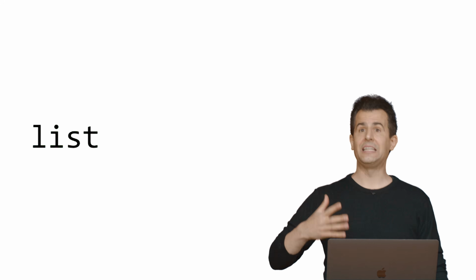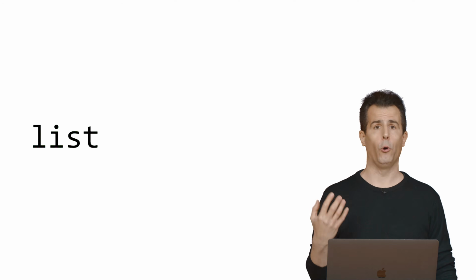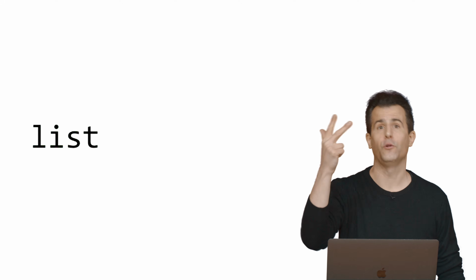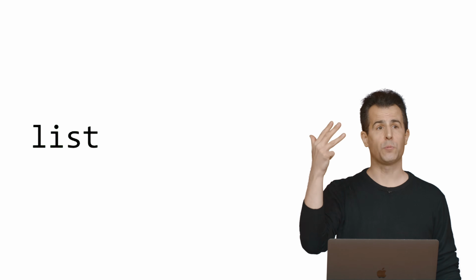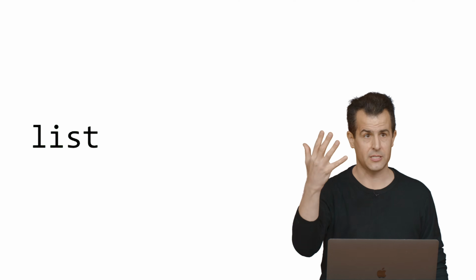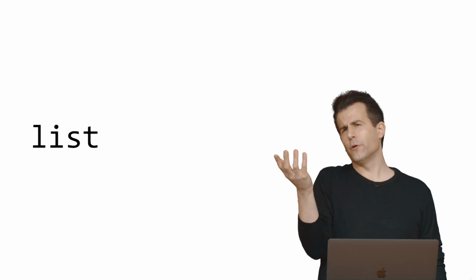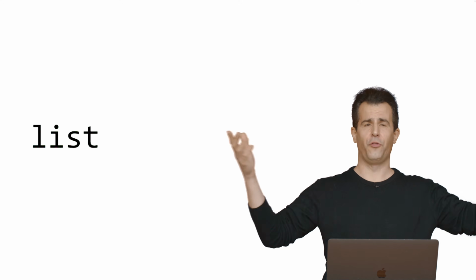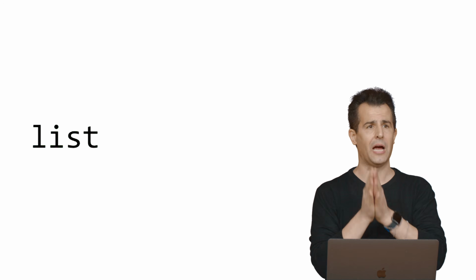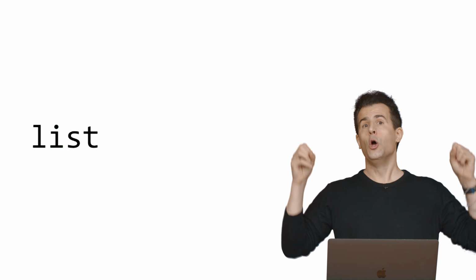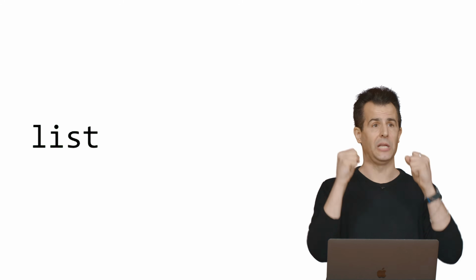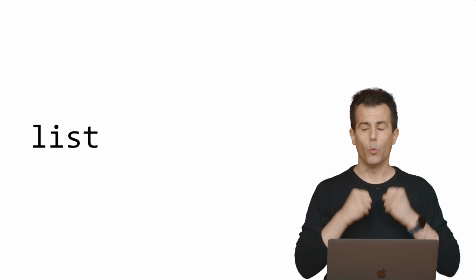But to do so, I'd propose that the easiest way is if we introduce one other idea in Python, which is that of a list. And here, too, no pun intended, we're adding to the list of data types that Python supports. We've seen strs or strings, ints or integers, floats or floating point values, bools or Boolean expressions. Python also has lists, which is another type of data. But wonderfully, this one's probably pretty familiar. A list of things in the real world is a list of things in Python. It's a way of containing multiple values all in the same place, all in the same variable. So what do I mean by this?